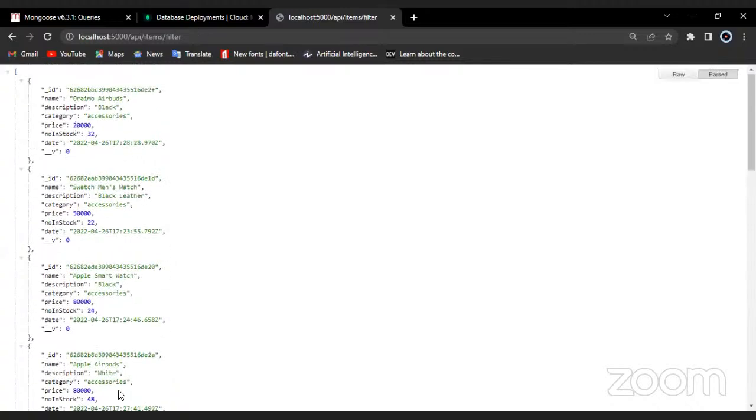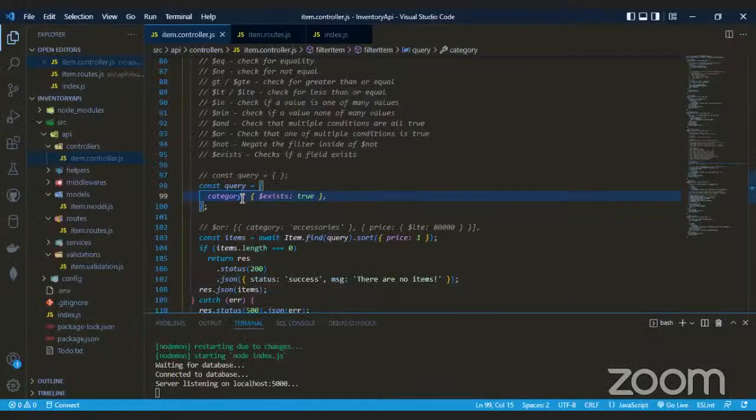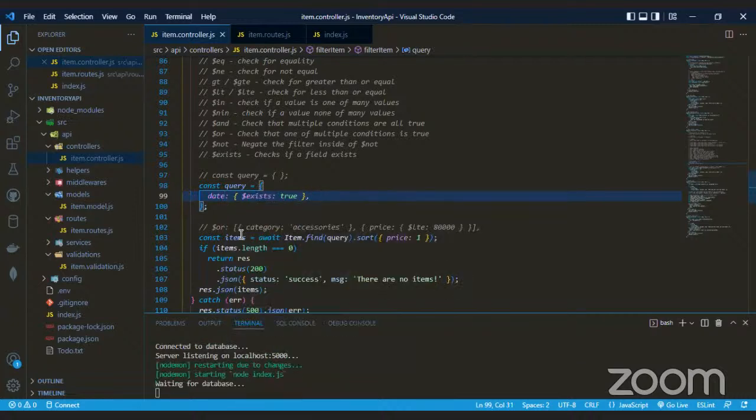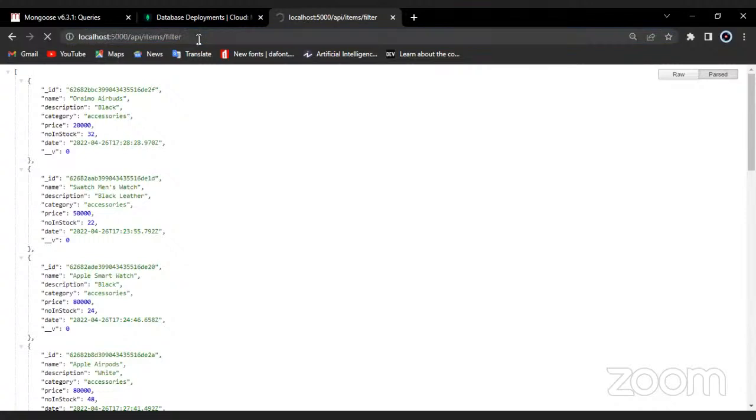But let's say, for example, we want to check if a field exists, maybe some additional parameter that is not currently available, like dates. Okay, so dates doesn't exist, so it's going to return us an error because we don't have a field called dates. So if I do this here,